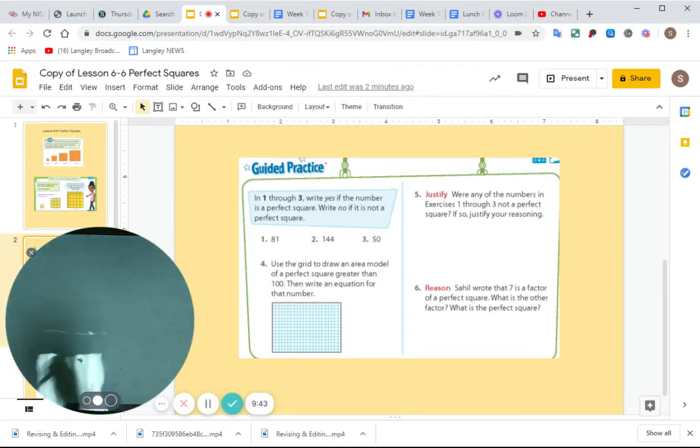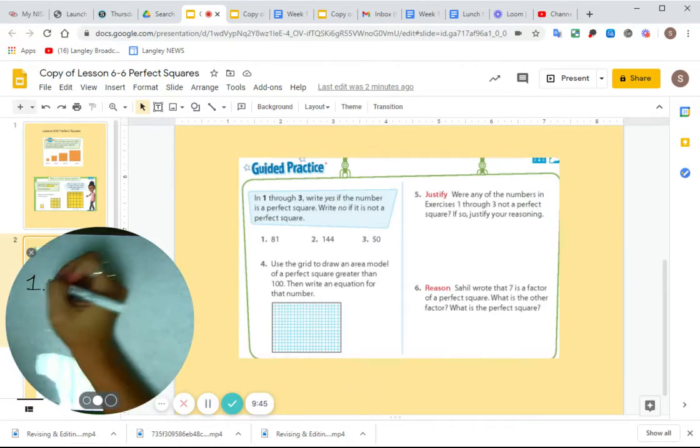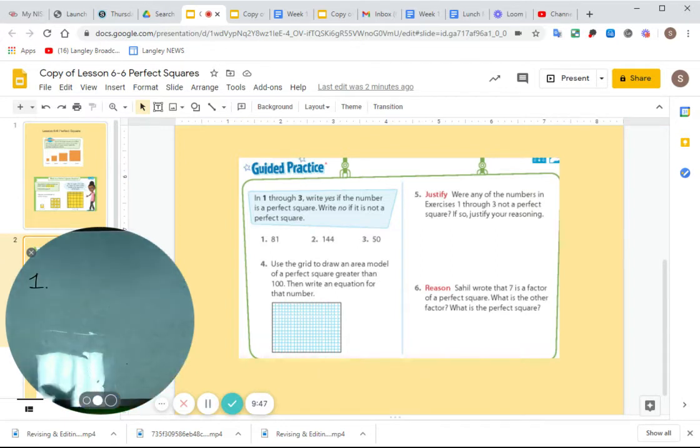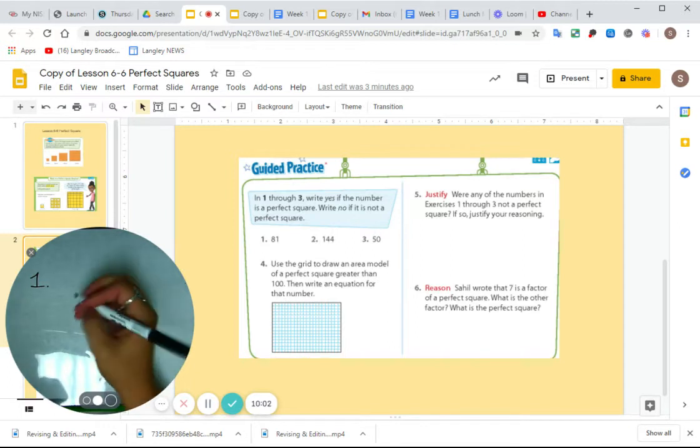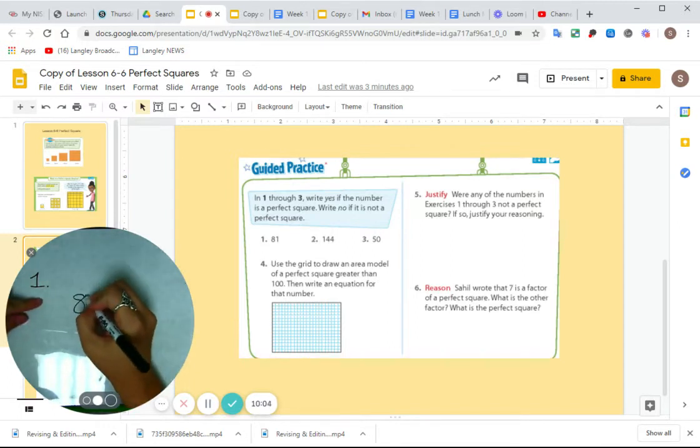I'm going to be working this out on the whiteboard. So let's start with number 1. Perfect squares are all about our math facts. So again, if you're not really sure with your math facts and what numbers we multiply to get these numbers, you might struggle a little bit. So if you have a multiplication chart nearby that you can use, I would highly recommend using it. So for number 1 there,